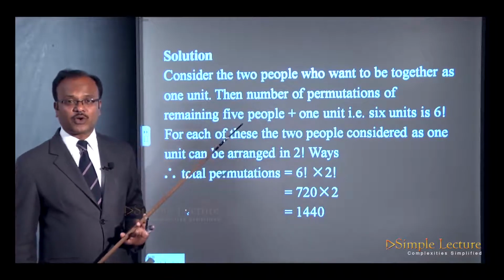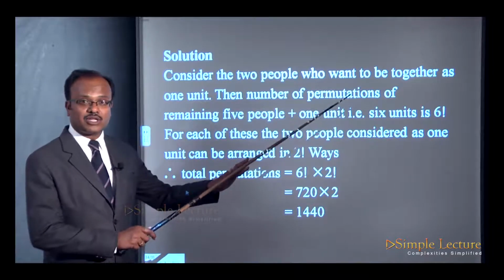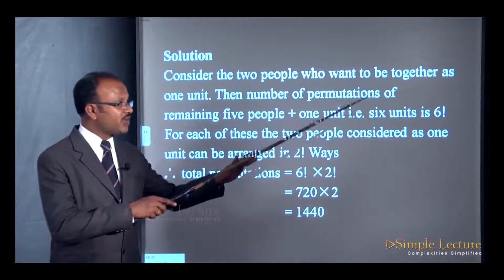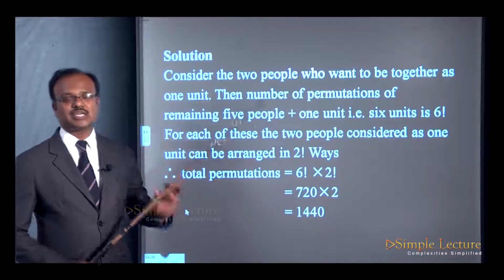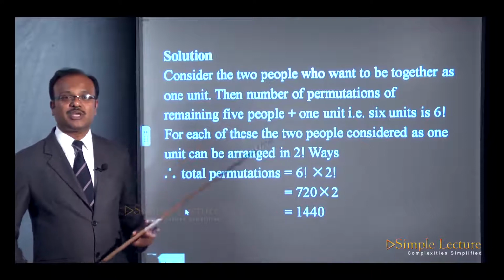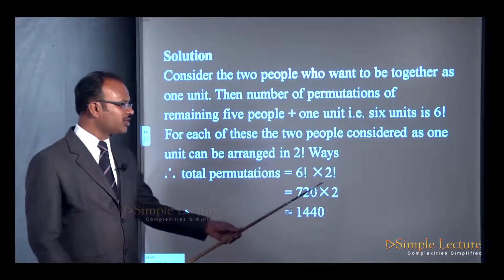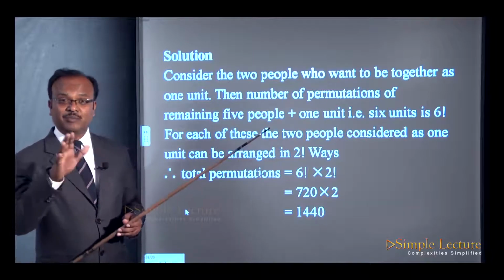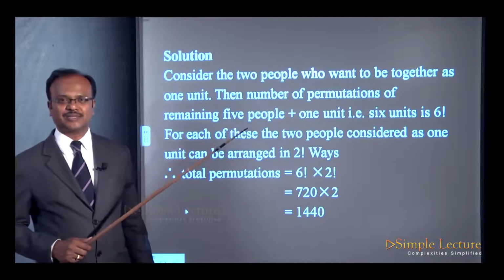So, the total permutations in this case, wherein you want to make the 7 persons seated for a photograph such that 2 persons should always be together, is equal to, so now use which principle? Fundamental principle of counting. So, 6 factorial into 2 factorial. One way of doing the things, and for each of this there are n ways of doing the things. So, m ways into n ways will be the solution. So, 6 factorial into 2 factorial, which is 720 into 2, that is 1440 ways you can make the 7 people be seated for a photograph such that always 2 persons will be together.